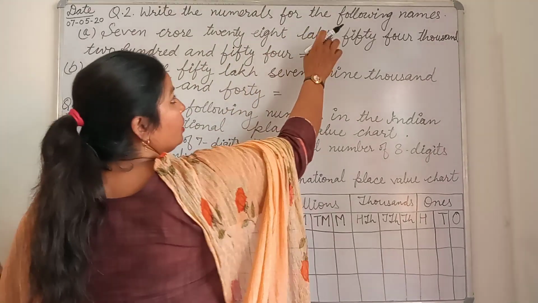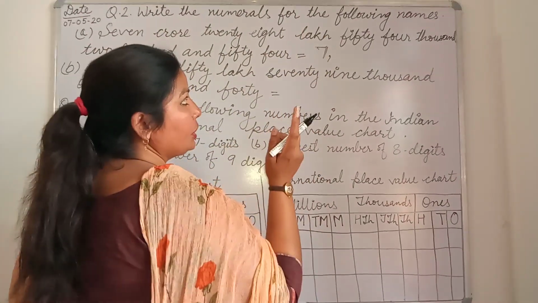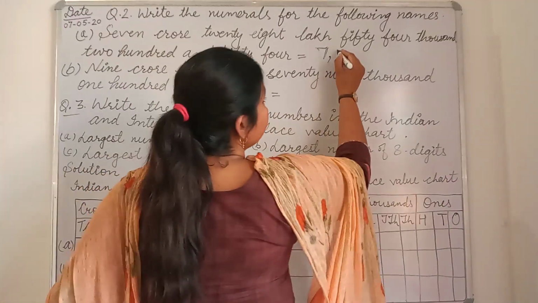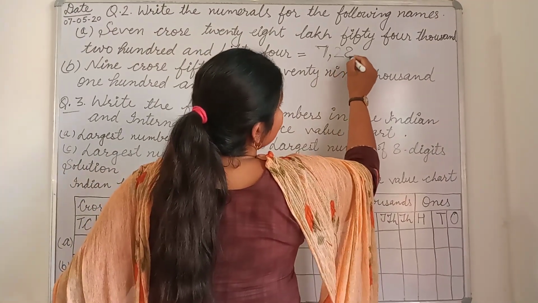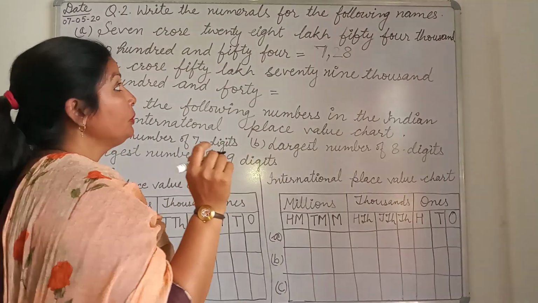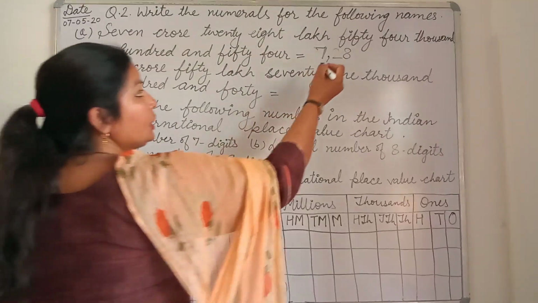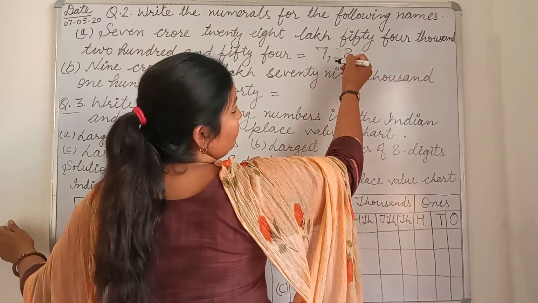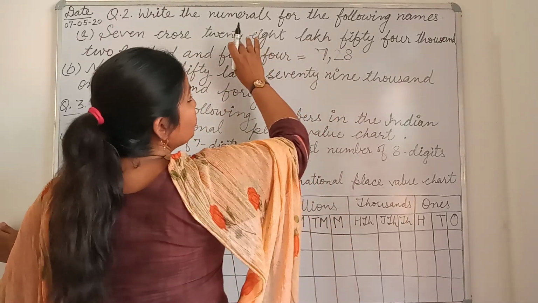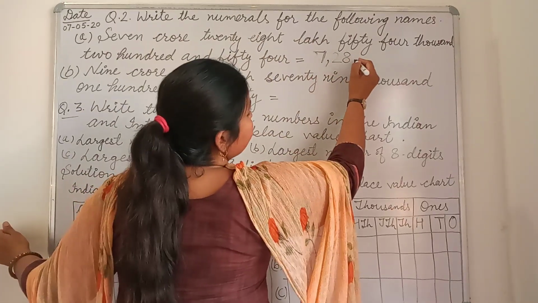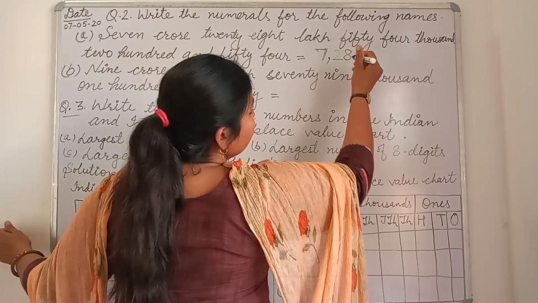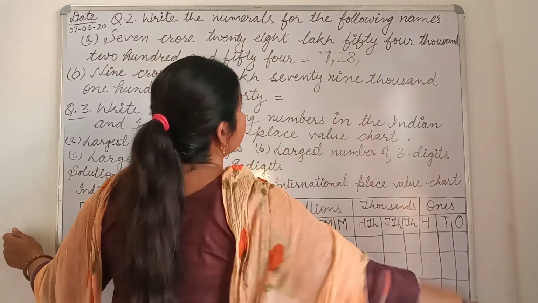In the lakhs column we require a 2-digit number. So there is 28. If there is a single digit number, then what do we do? Before that single digit we use 0 in the 10 lakhs column. But 28 is a 2-digit number, so we write 28. Now again we put a comma. Then next is